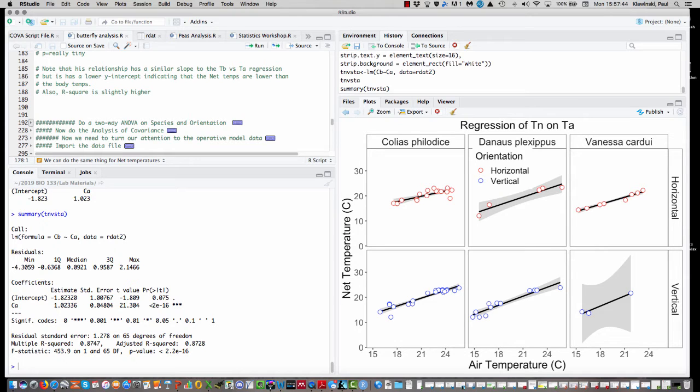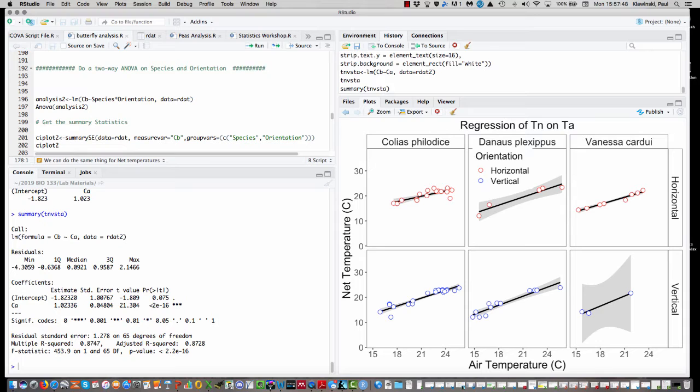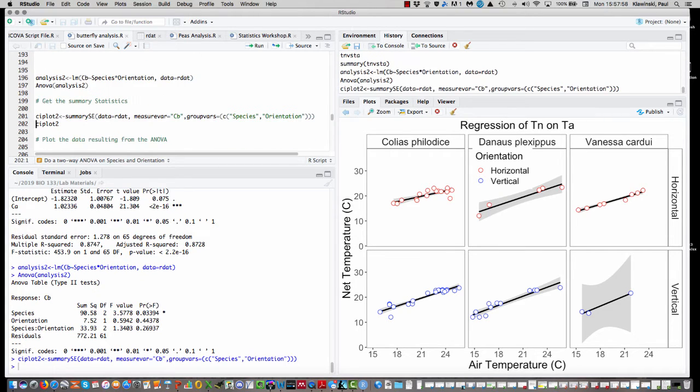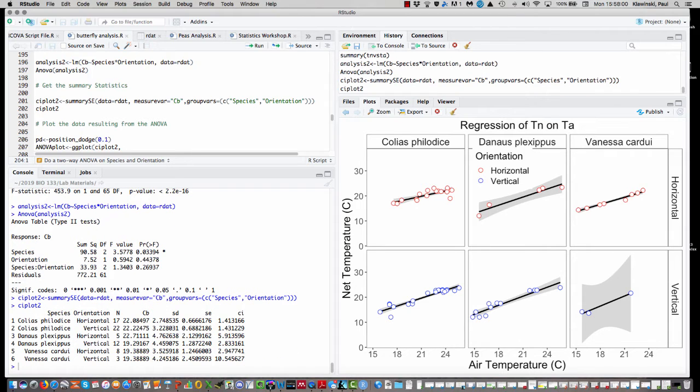So now we can do a two-way ANOVA, knowing that this isn't going to be how we're going to finally analyze the data, but we can look at the effect of species and orientation on body temperature. And when we do that, it looks like there is an effect of species, and we can get the means and confidence intervals of all of that. And what it looks like is